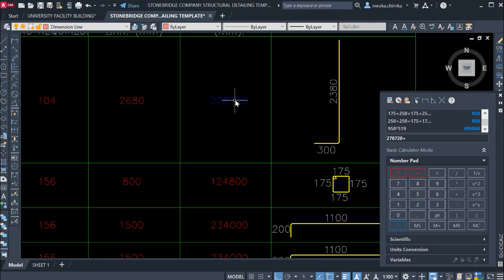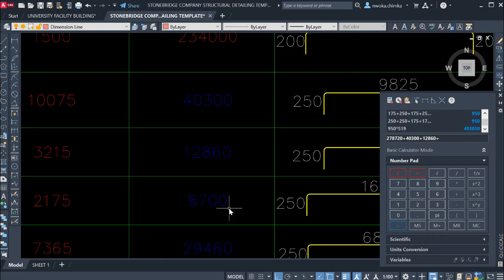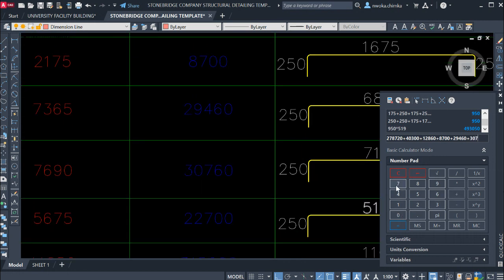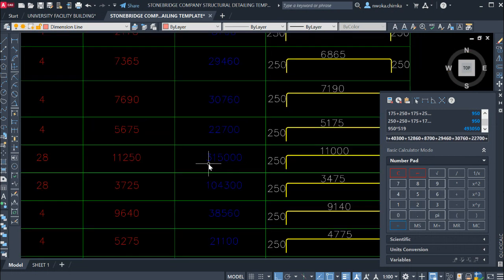278720 plus, moving to the next, 4300 plus this one, 12860 plus, go again here, 87100 plus 29460 plus 3760 plus 22700 plus 315000 plus